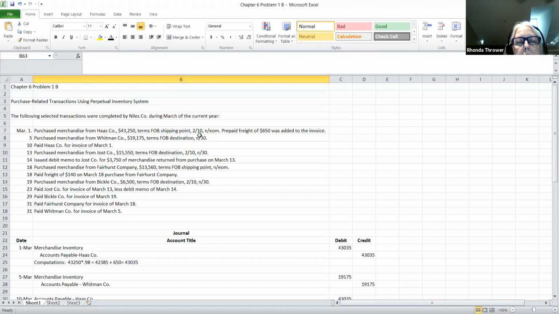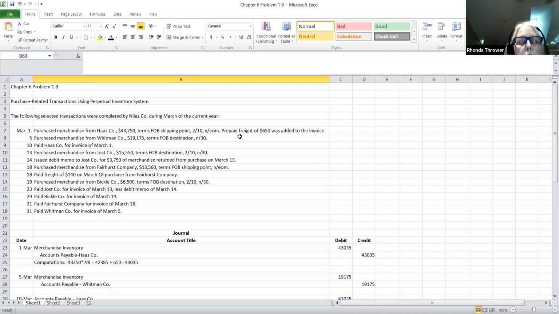So if we pay by March the 10th, we will get a 2% discount. If we don't pay by March the 10th, the full amount of this invoice, which is your gross amount right here, has got to be paid by the end of the month. Notice they've got out here to the side that there's some prepaid freight of $650 that was added to the